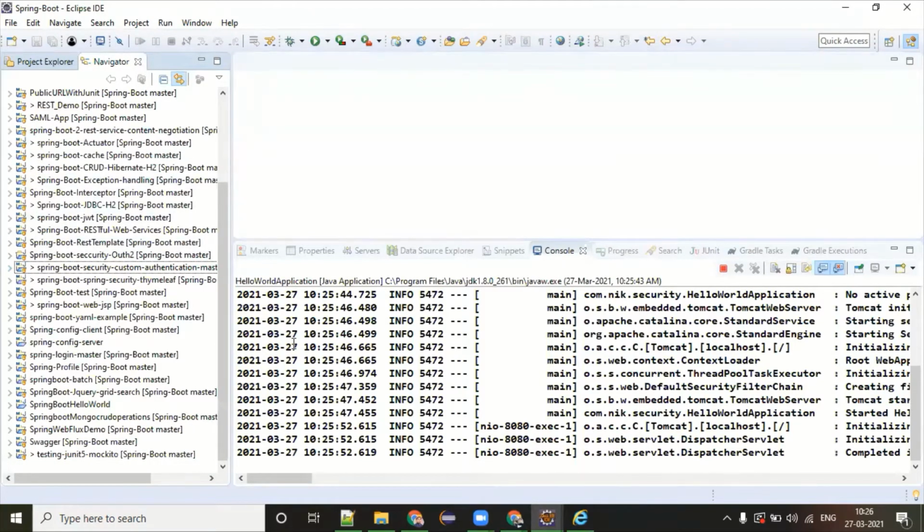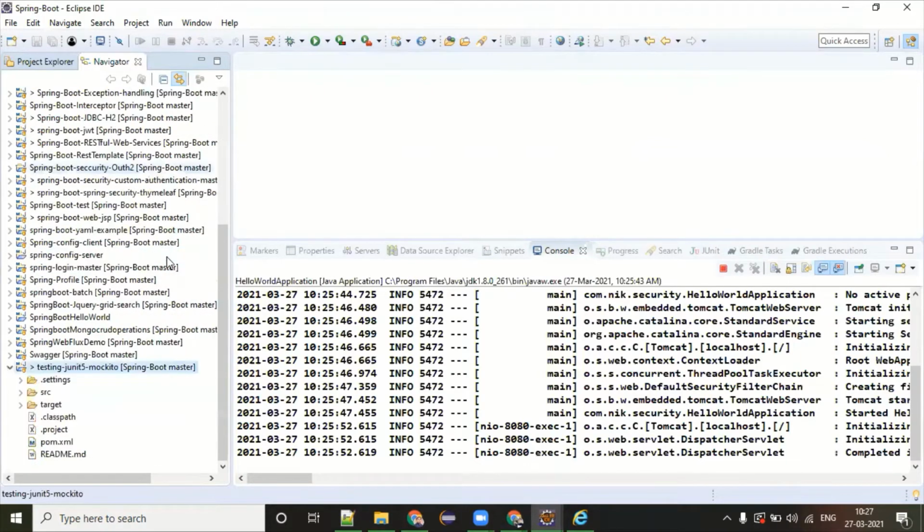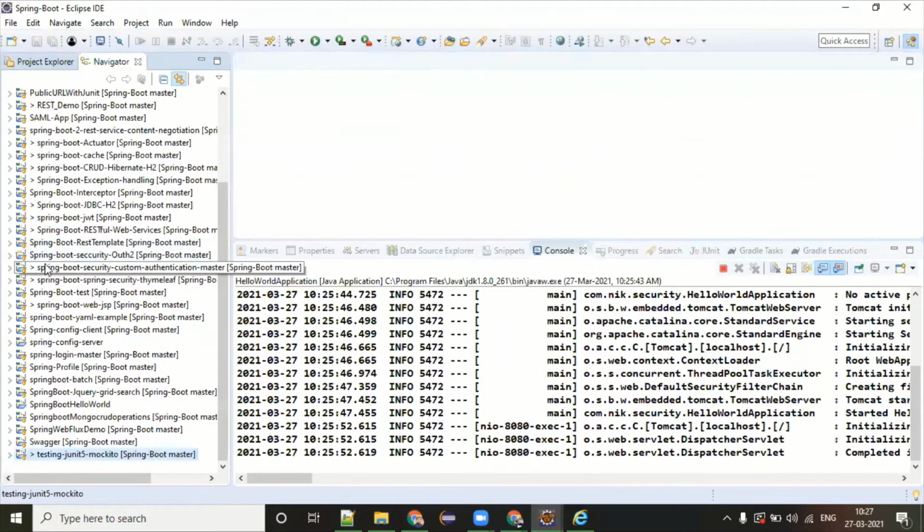Okay. So to be very frank, I never go this deep in the Spring Boot security tutorial. But since you told me you are quite interested to know more depth in Spring security, all the pros and cons, all the ins and outs, that is the reason I have prepared this custom authentication, user detail service, all these things for you. So the other thing is OAuth2. Let's talk about OAuth2.